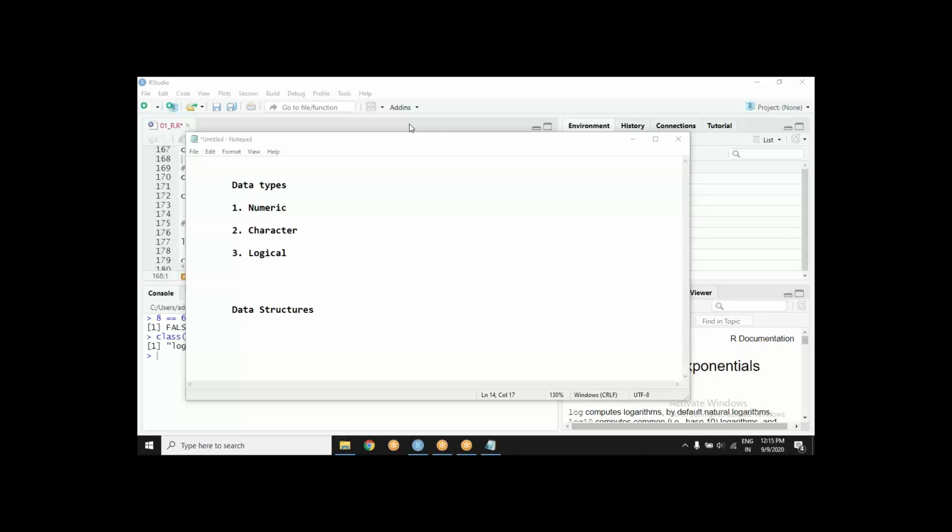So maybe they are recording in that data set a column called city of work, in which city that employee is working. So maybe that kind of thing. So its class is character.